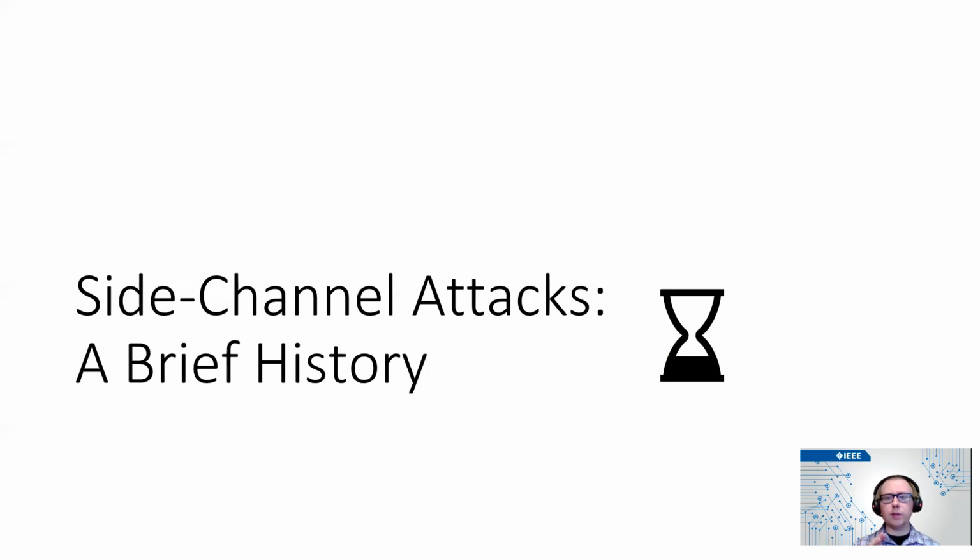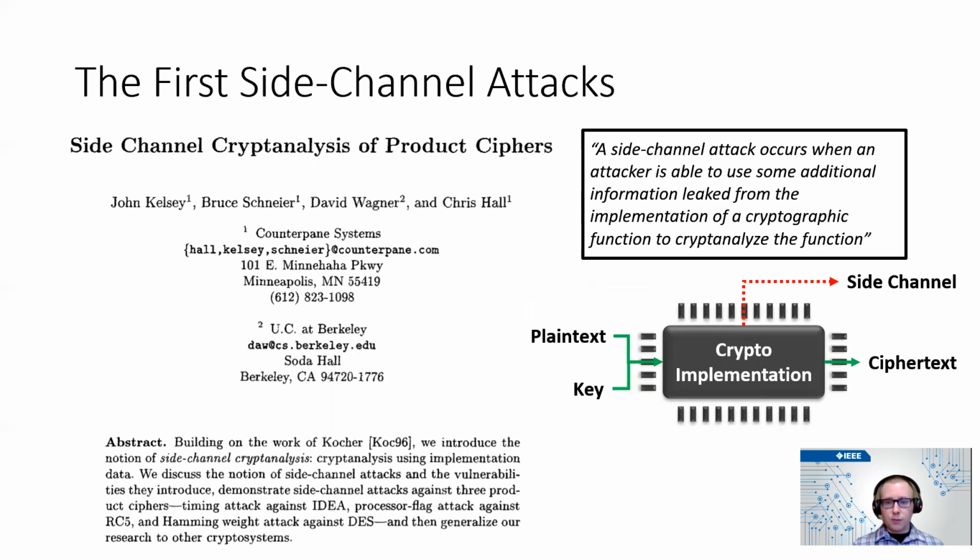So in order to examine and appreciate the breakthrough discovery of these vulnerabilities based on speculative execution, it is helpful to do a brief review of side channel research. The first use of the term side channel appeared in 1998 in a paper published by John Kelsey and other researchers. The paper was a generalization of some work published 2 years earlier by Paul Kocher, who, by the way, 20 years later, would again appear as a pioneer of transient execution attacks.